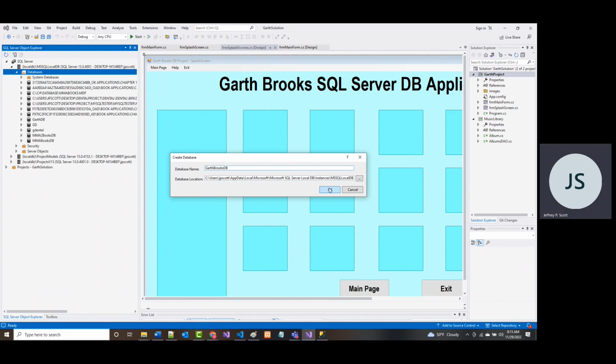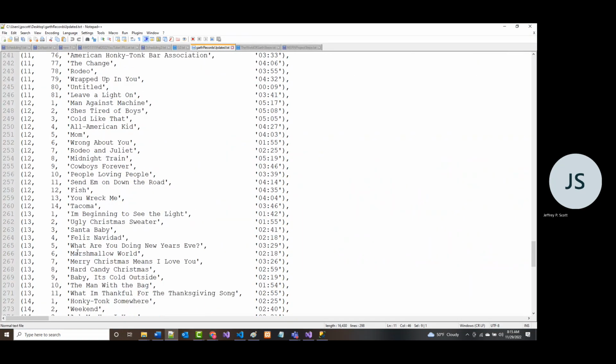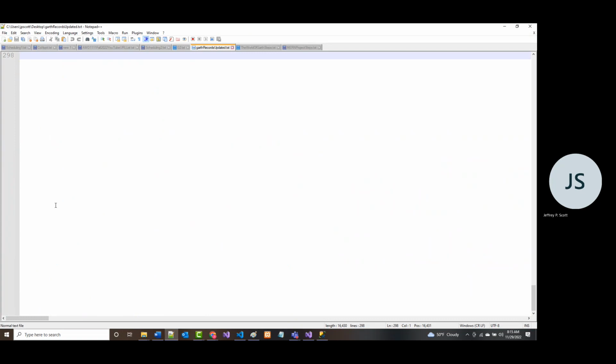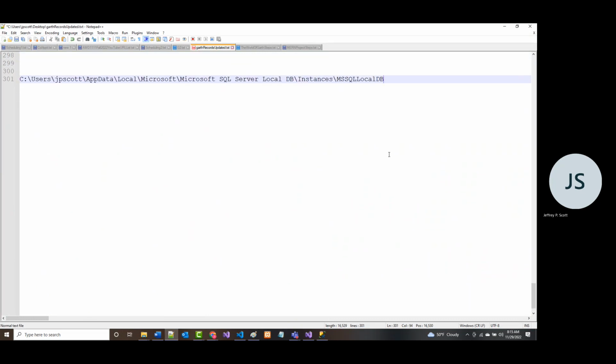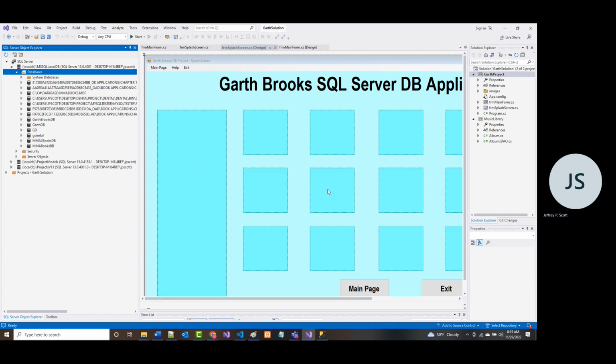And I hit OK, and I click OK. There's Garth Brooks DB, so it made it. So this is one way that I can do this.